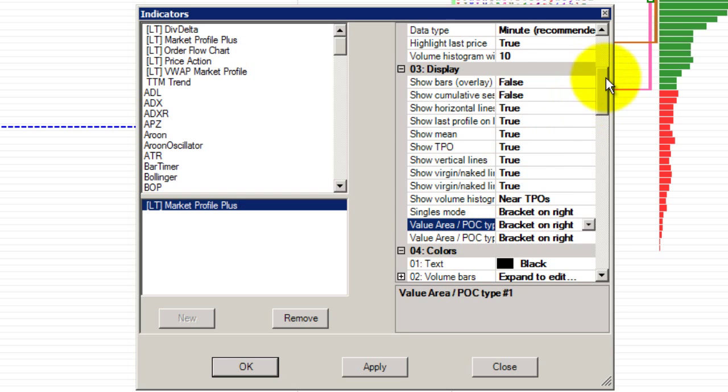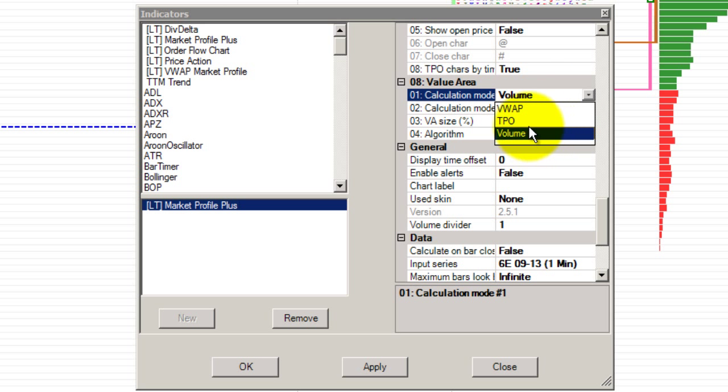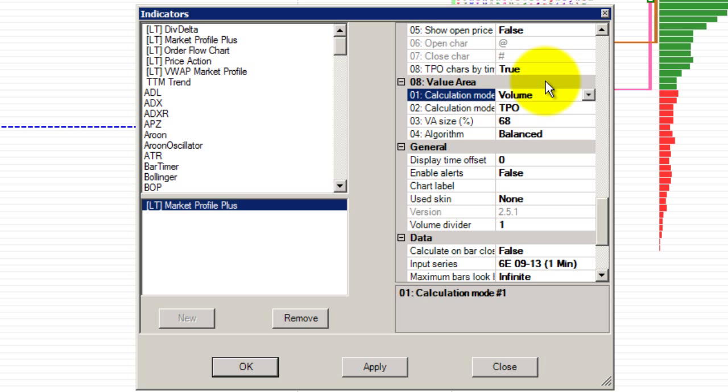I use two value areas, and if we go farther down through the settings for the indicator, here we have the value area and we have calculation mode for value area number 1 and calculation mode for value area number 2. I personally prefer to use volume and TPO value area, but you also have the possibility to have the value area calculated based on the value weighted average price. So three ways how to calculate the value area, and two value areas can be displayed at the same time